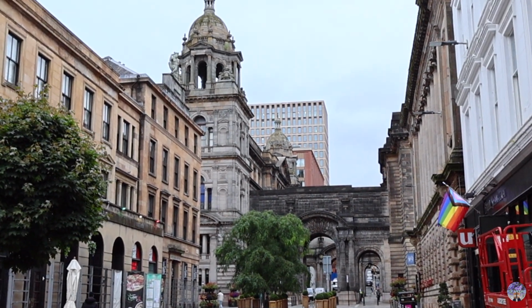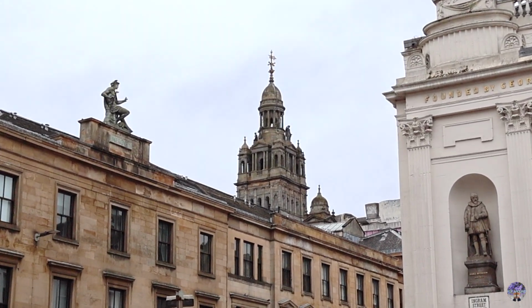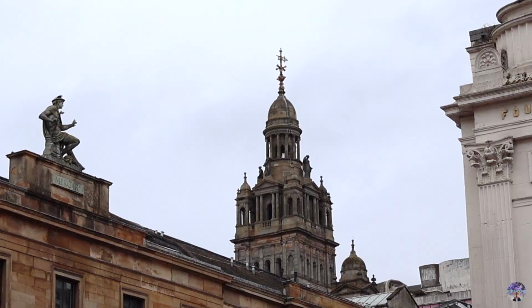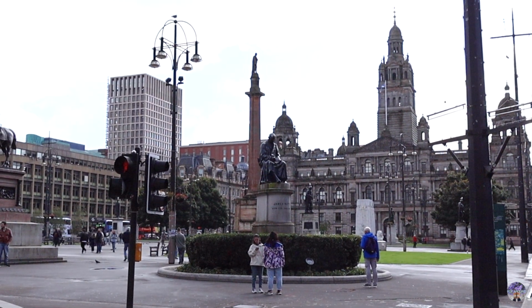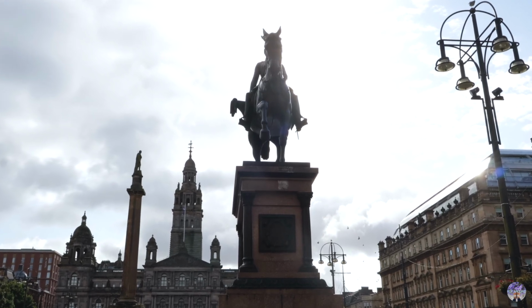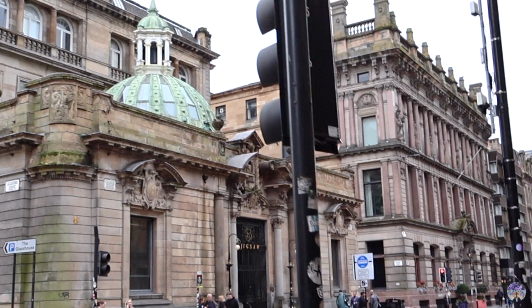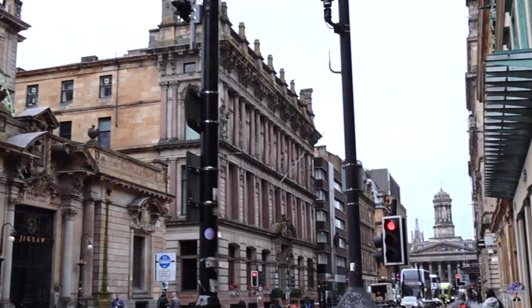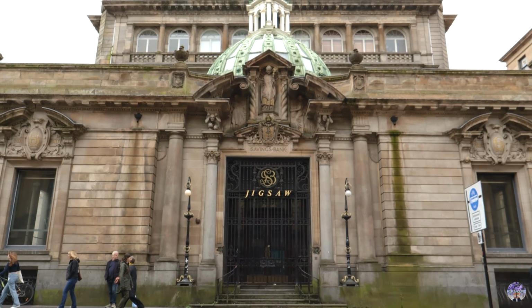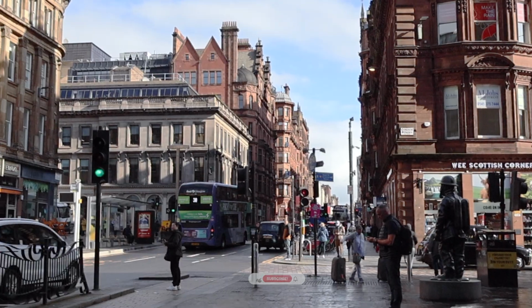So before we head off to Edinburgh, I'll show you a little bit around Glasgow because the city is also beautiful and interesting. There are a lot of stunning Victorian architecture, a lot of interesting historical statues, as well as street arts here in Glasgow, which I think is pretty cool. I don't even know what this guy's supposed to be, but he's standing next to Glasgow Central Station